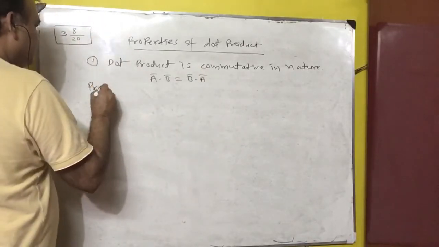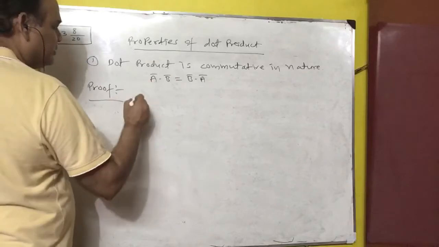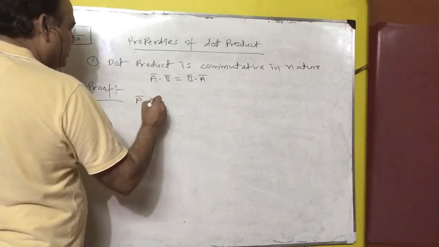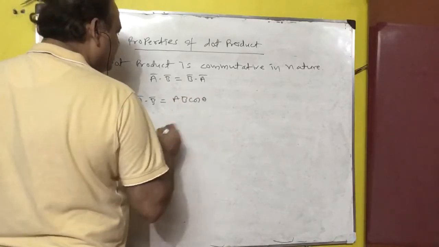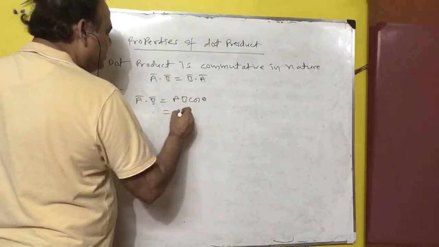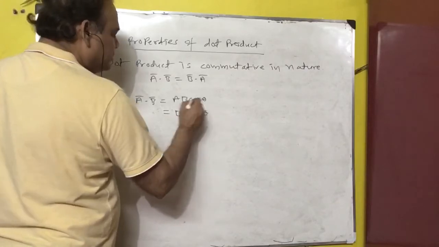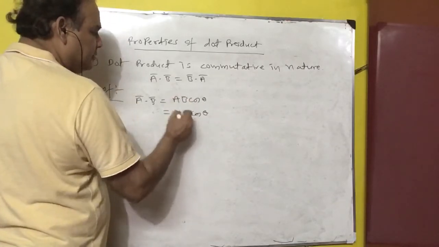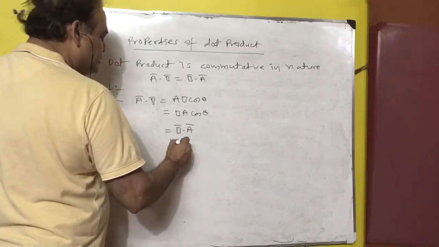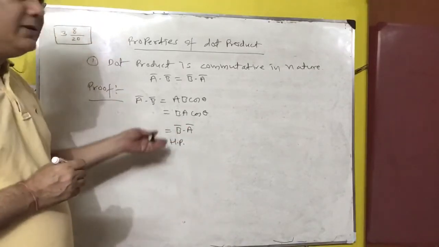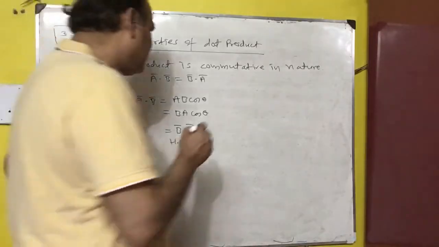So we have to prove it. Prove किसको लेते हैं? A vector dot b vector is equal to ab cos theta, and if you write it ba cos theta, then also it is okay. ab लिखो या ba, and you can write b vector dot a vector. Hence,